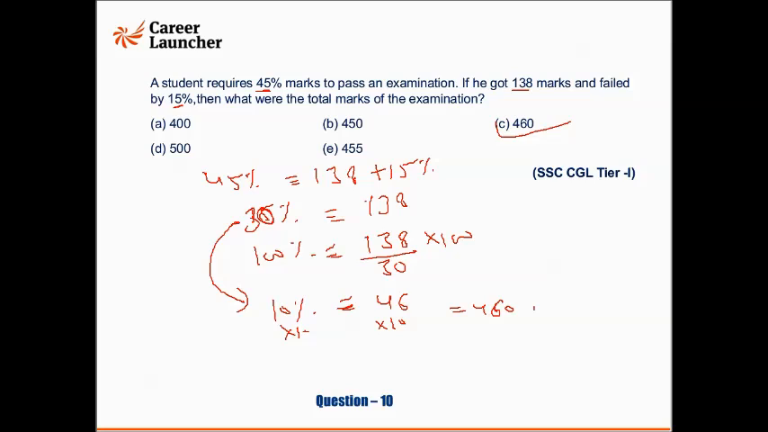Because here 45% is the passing percentage and he got only 138 and still he failed by 15%. So if you add this 15% to this 138, that will be equivalent to your passing percentage. So 45% will be equal to 138 plus 15%, right? And you take the percentage values to one side and numeric values to this side. So you will get 30% equivalent to 138, and then, total marks were 100%, so you can easily calculate